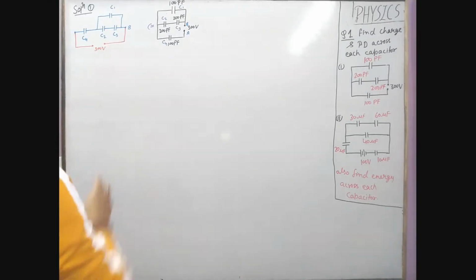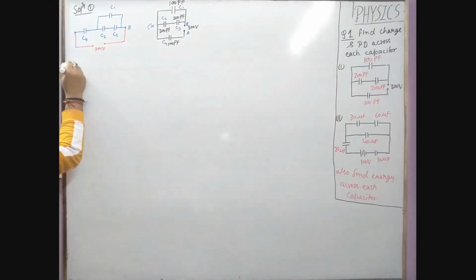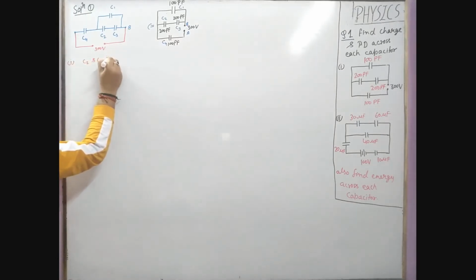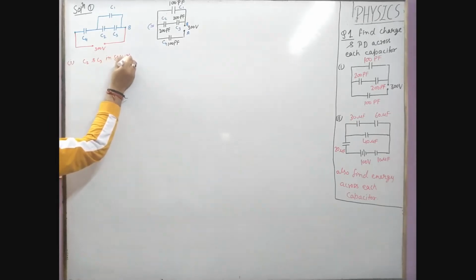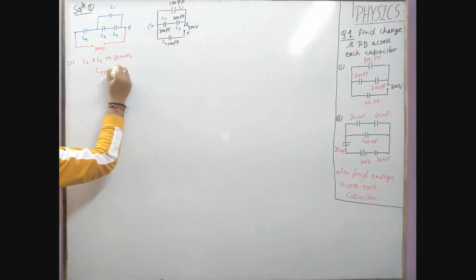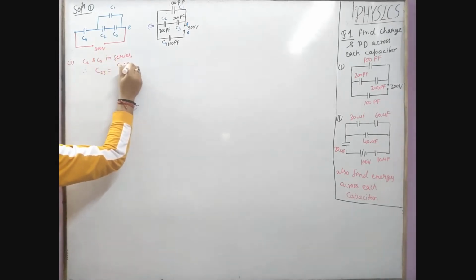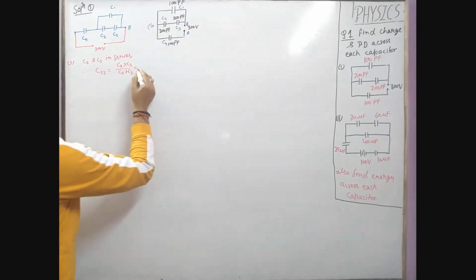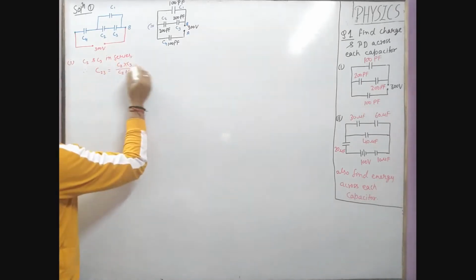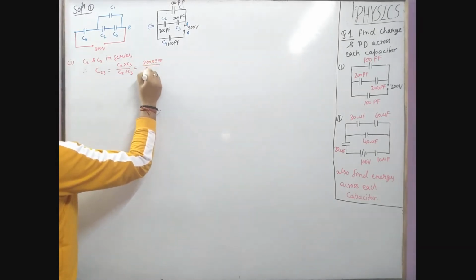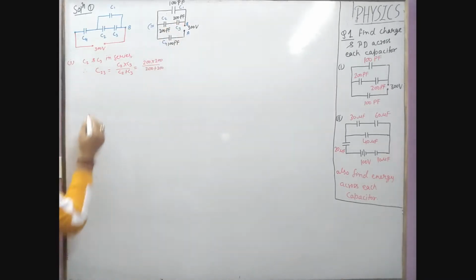Now here first we have C2 and C3 in series, therefore C23 is equal to C2 into C3 upon C2 plus C3, which is equal to 200 into 200 upon 200 plus 200. Okay, then we get from here